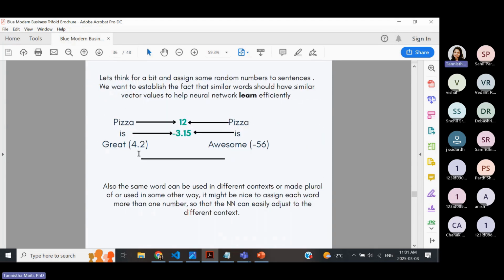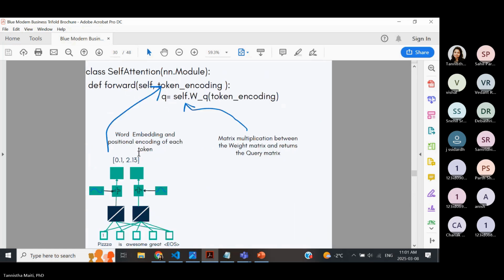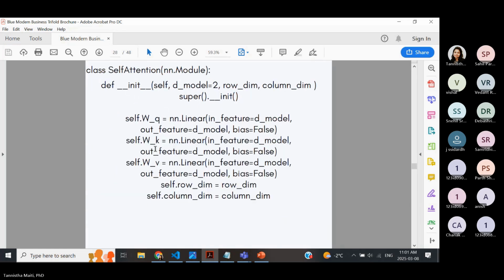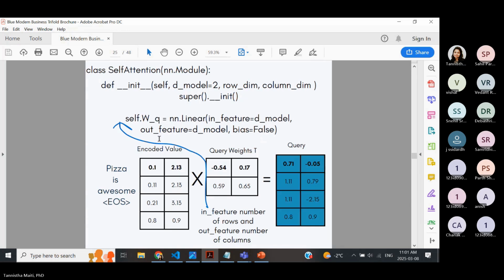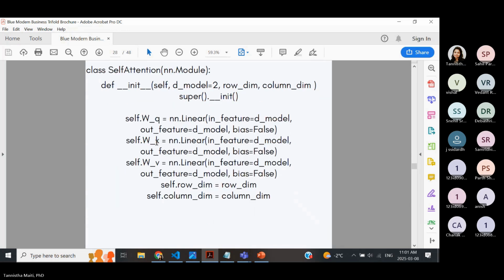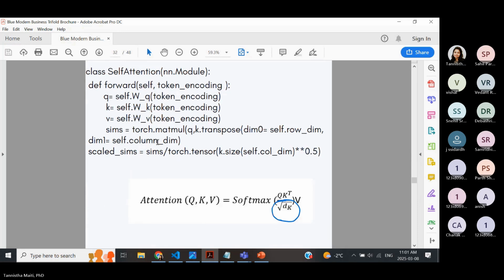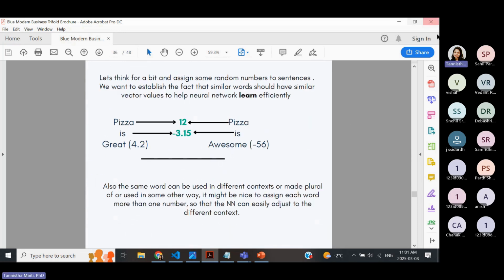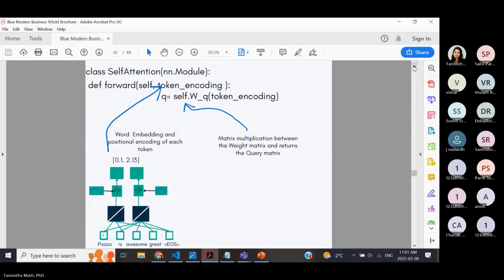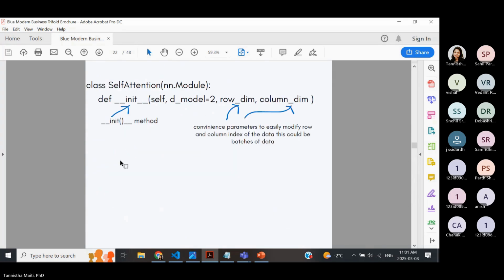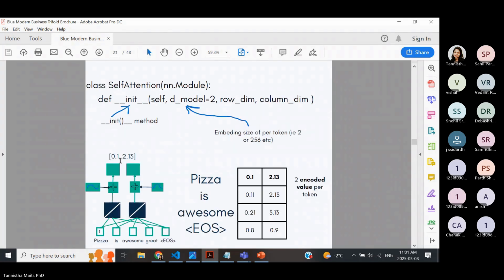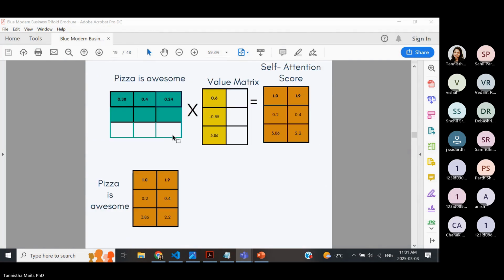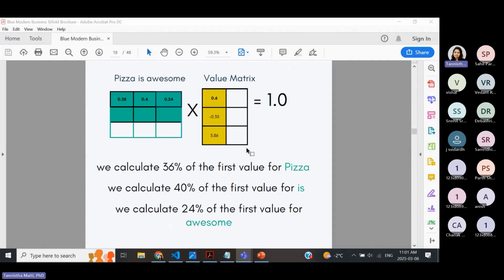So let's see. I think I'm missing that part. Let me check. Yeah, I think that's one. Yes. So this is the slide I was talking about. So